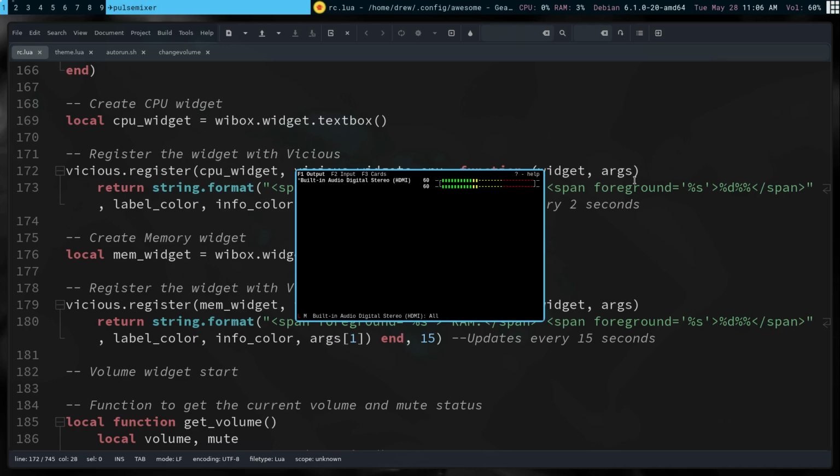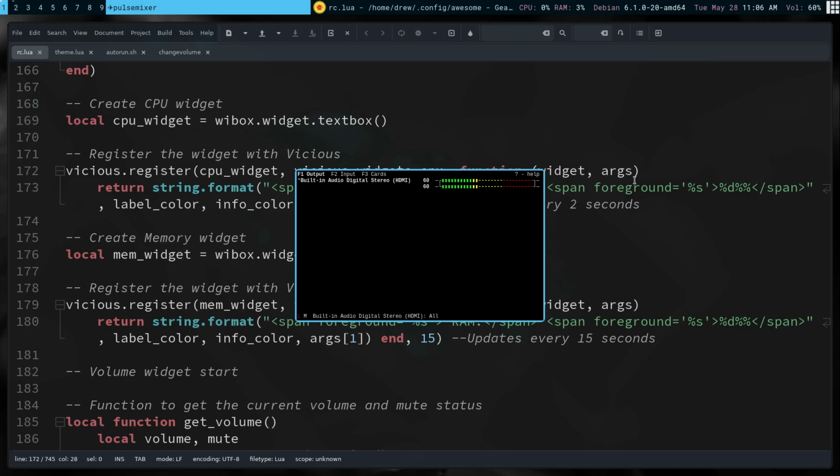Or I can tap on the M on my keyboard to mute it, just like that. Okay? Now, is that the best way to do it? Maybe, actually. That might be the best way to do this. But I also thought to myself, here I've got this awesome window manager that's written in Lua, which prides itself